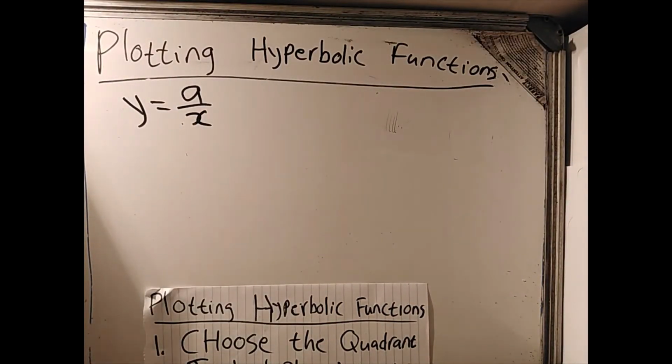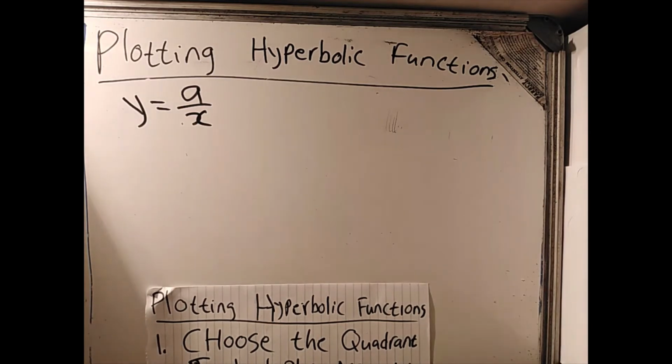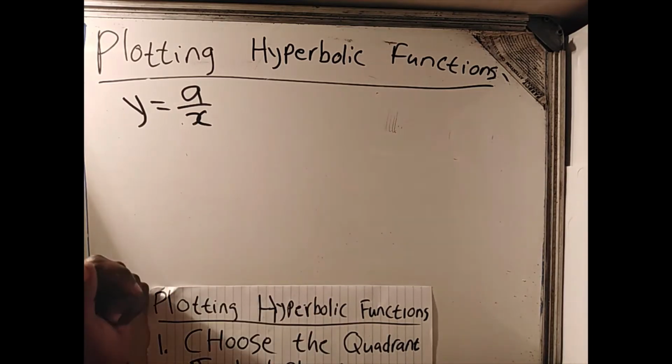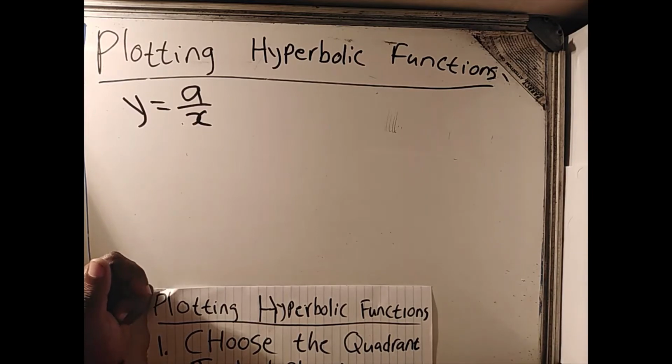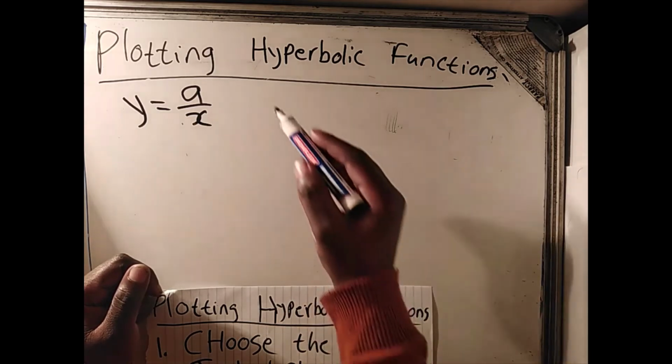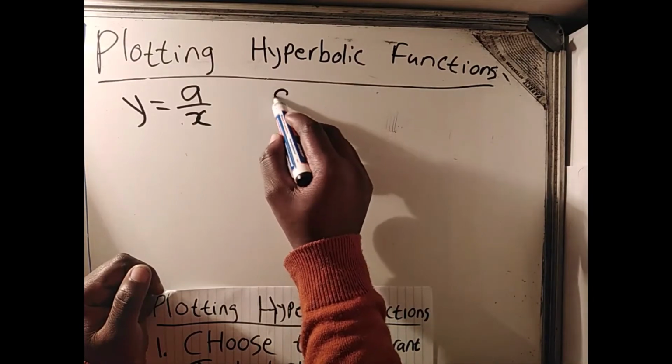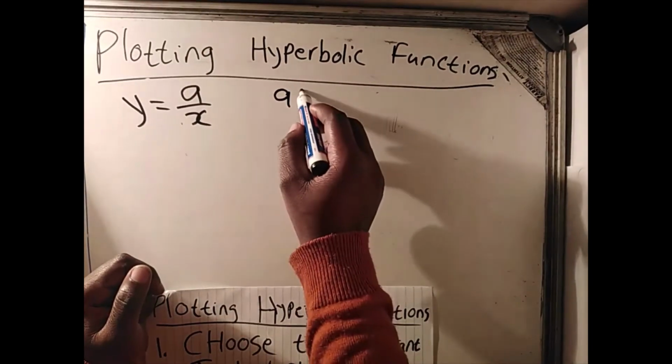So now, what am I doing now? I am dealing with the first step. How do we choose a quadrant? If you have y is equal to a over x, if a is positive,